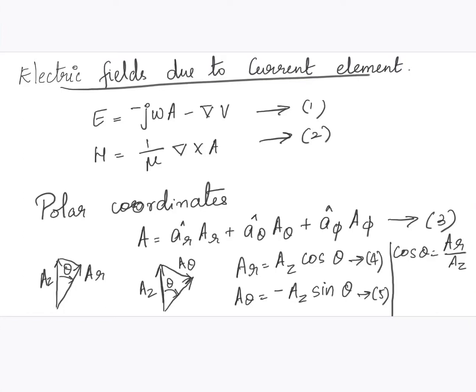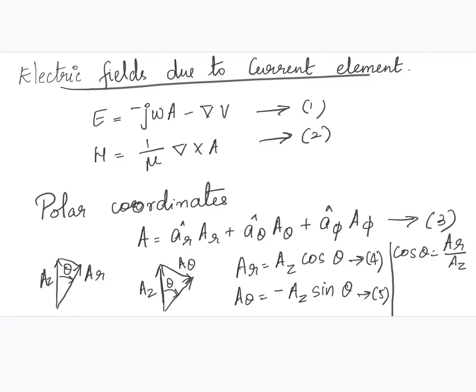Dear students, this video discusses how to find the electric field and magnetic field for a short dipole. Electric fields are due to the current element. The general equation for electric and magnetic field in terms of scalar and vector potential can be written as